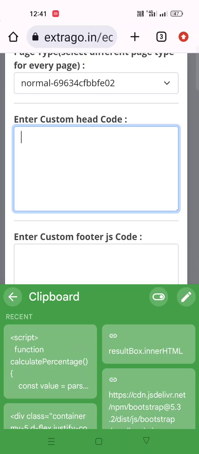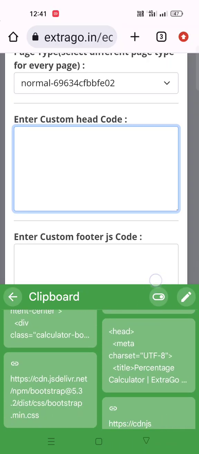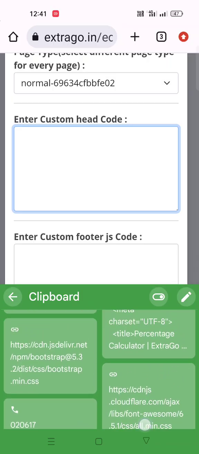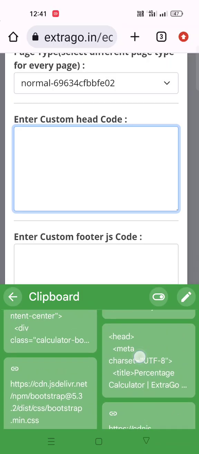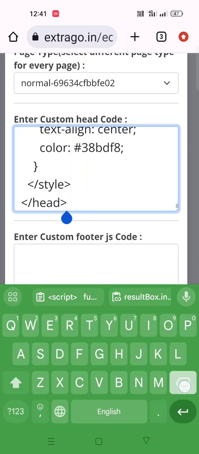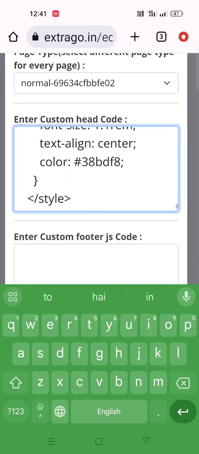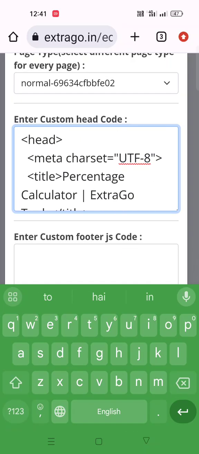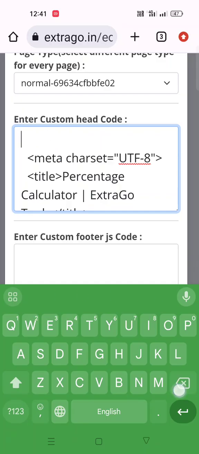I remove the head tag from here and also from the top.